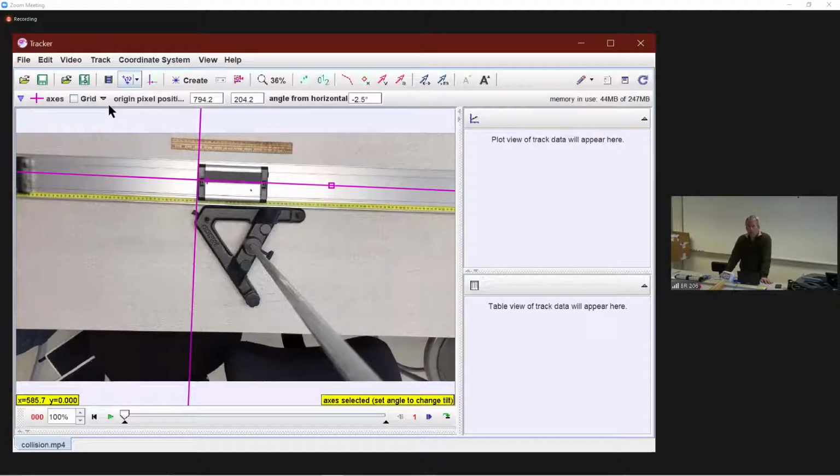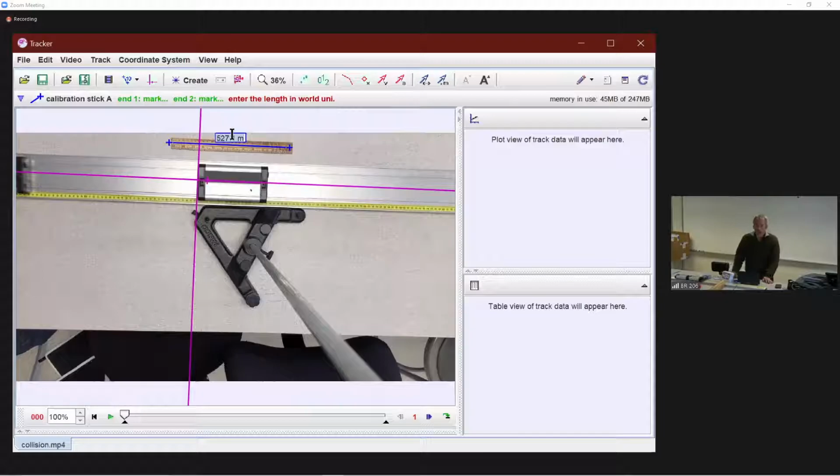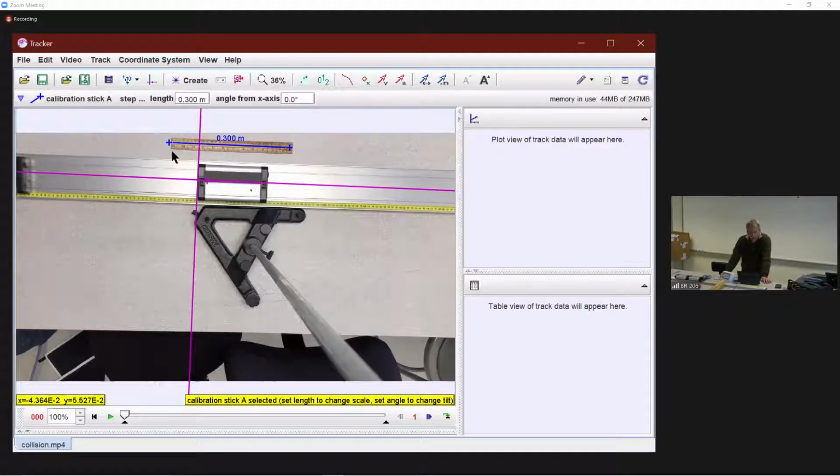Okay, and then if you remember, you have to create a scale. So you click on the little scale icon, go down to new and click calibration stick. And I conveniently put a ruler here in the picture. So you hold down shift, click on one end of the ruler, hold down shift, click on the other end of the ruler, and then enter the length of that object, which is about 0.3 meters. You can find the exact length of a 12-inch ruler by converting units, okay? So now we have a coordinate system, we have a scale, and now we just have to